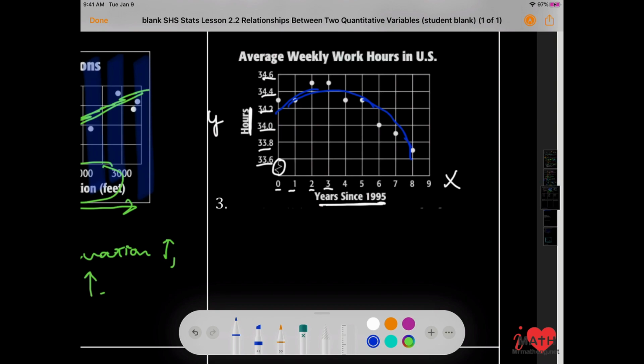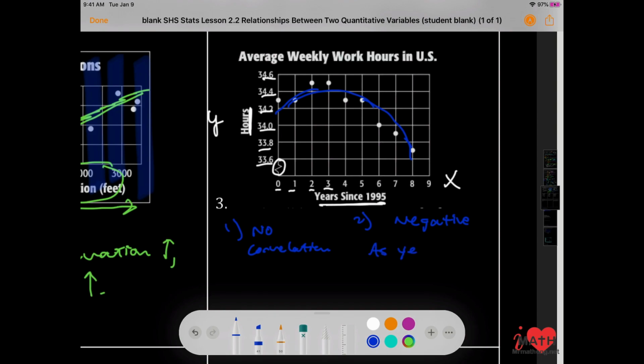And if it's kind of curved, it's not positive and it's not negative. So you can argue both ways on this one. I would accept no correlation on this one. Or you can say negative